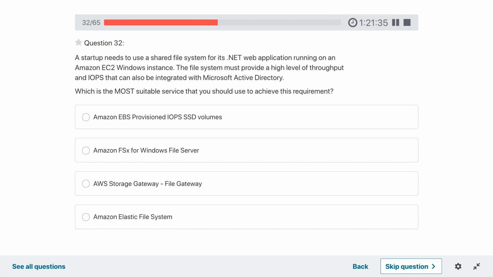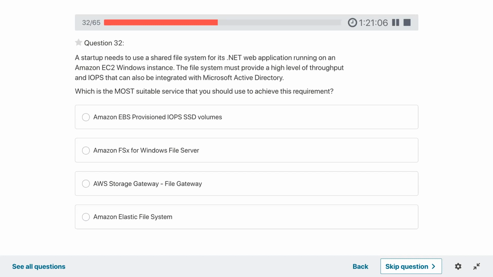So we are almost half done. Out of 65, we are at 32. So we have to do 33 more questions. And we have been given 2 hours 10 minutes, but we have consumed about 50 minutes. So we still have 80 minutes. So we are doing good on time.